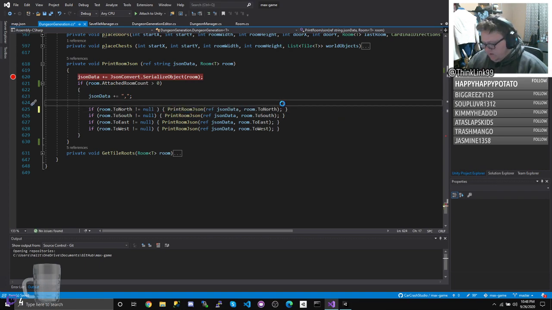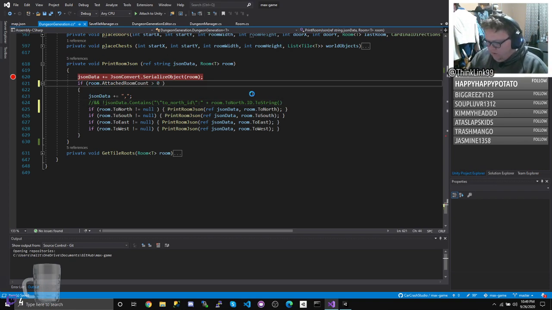The problem is with the base case. If I check for an ID in the base case, I'd have to check for all four, and I really don't care about all four. I just need to know... Well, okay, okay, let's try it. Room.attached count is greater than 0, and